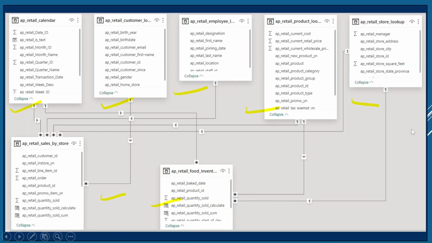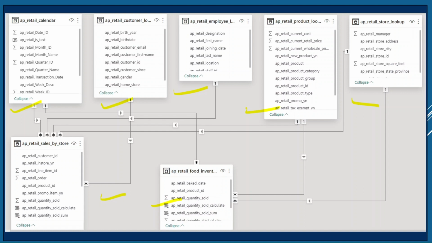Now there's also a relationship between AP retail store lookup and AP retail sales by store. The store related information is present in AP retail store lookup, and the sales will also happen from a retail store only.